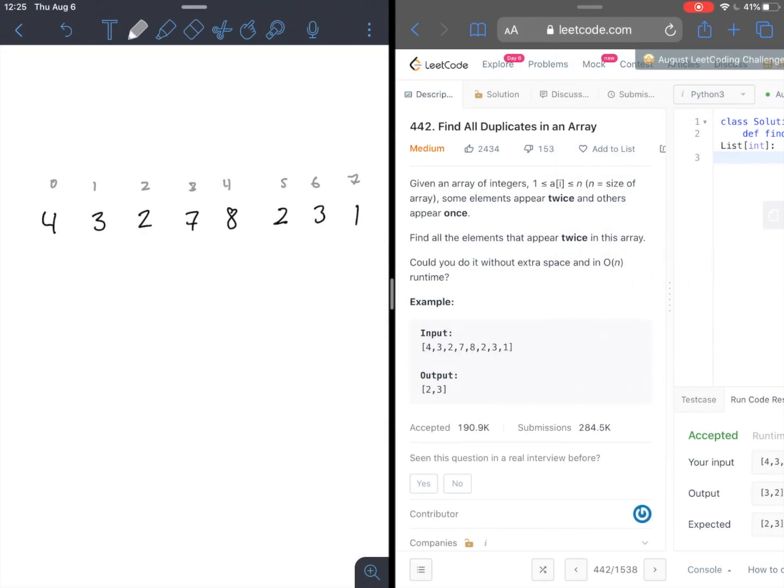Today we're going to be going over find all duplicates in an array. The solution I'm going to be going over is the solution without extra space and in linear runtime. Just briefly, if we were to solve this with extra space needed, potentially O of n space, we could